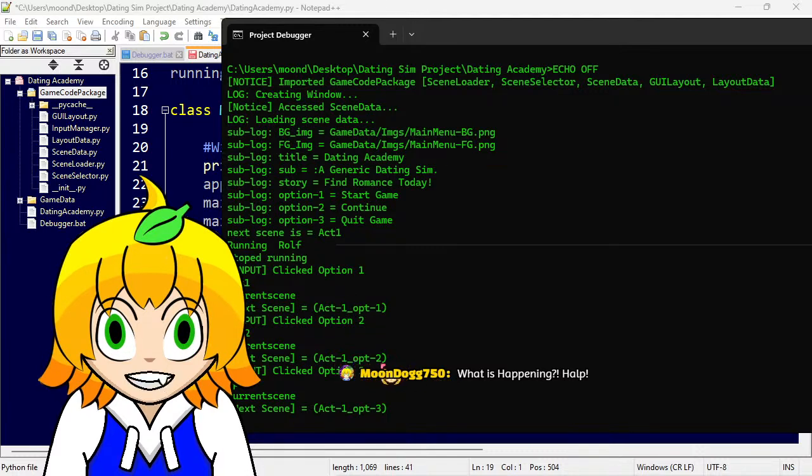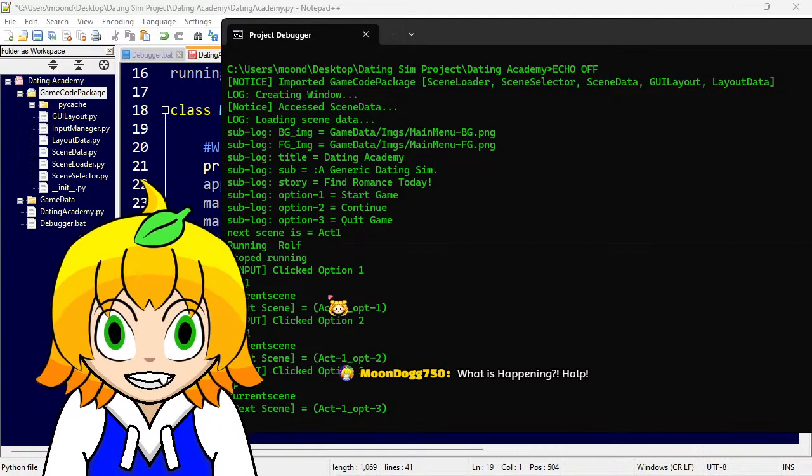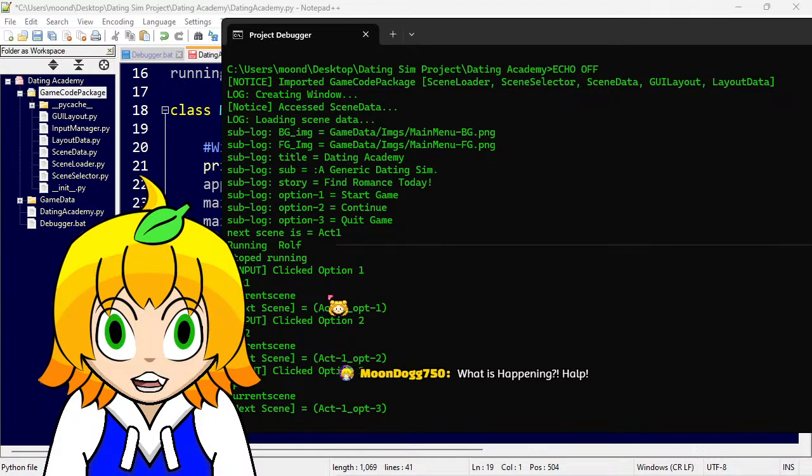But the scene is not switching. For some weird reason, I can't get the scene to switch, and I can't get PyQt5 to update.